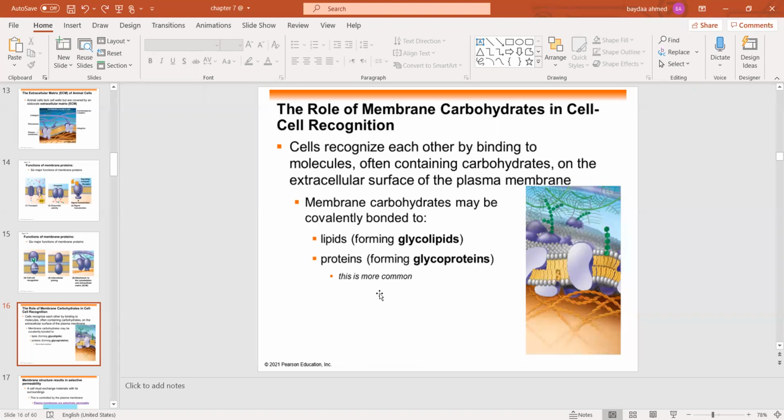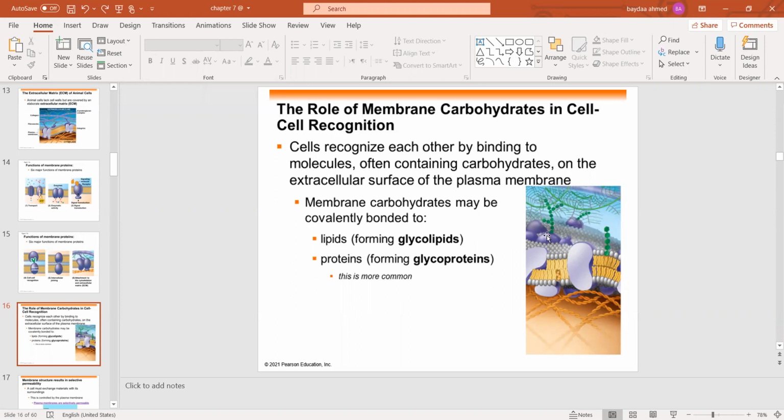Keep in mind that the carbohydrates on the extracellular side of the plasma membrane vary. Those green hexagonal shapes are carbohydrates, sugars. Each one is a monosaccharide. Remember that they form carbohydrates, the macromolecule, and those carbohydrates on the extracellular side form glycoproteins when they attach